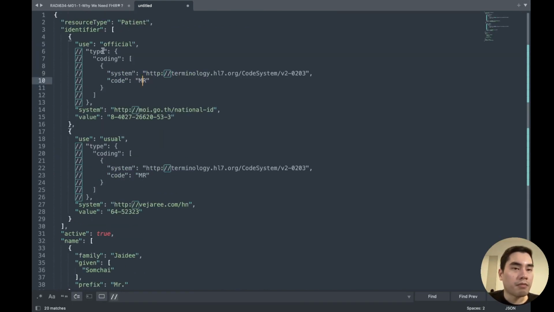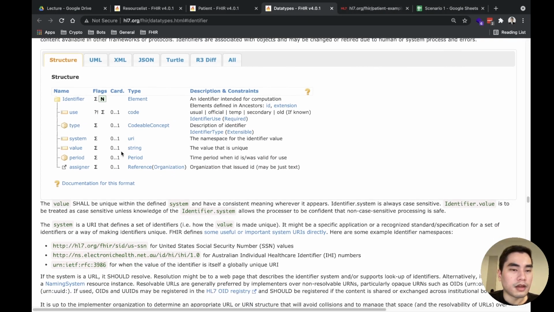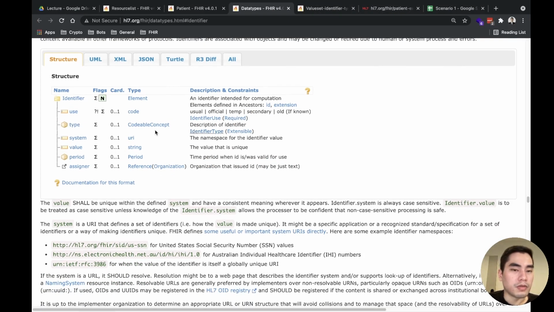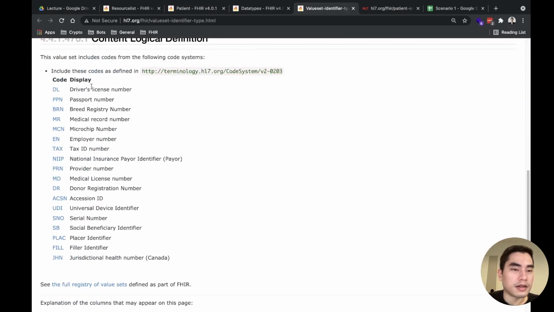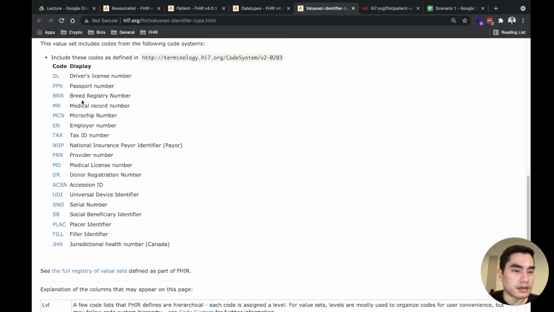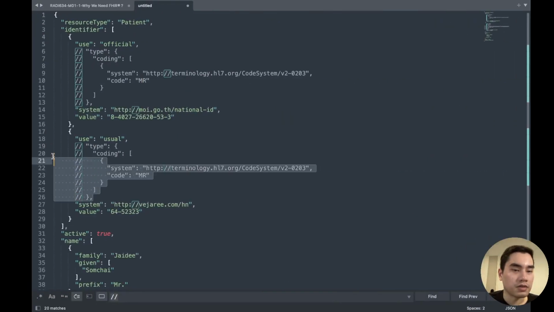Okay, so now come back to the type of the identifier. We have to see what is inside this identifier type, and we will see this value set here, and there are a lot of types. One thing that we can see for sure is that there is the medical record number, so this is definitely an HN. So the code is MR, so this one is already correct.